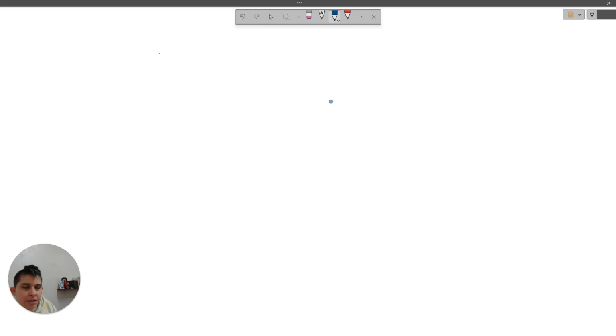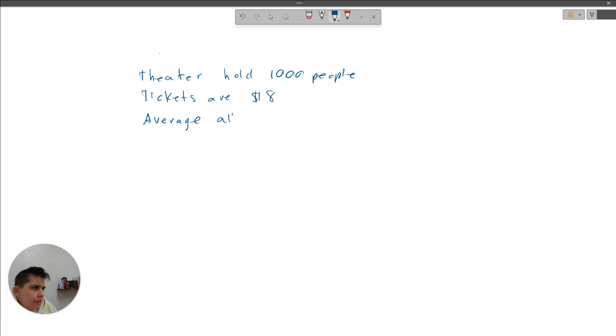So first of all, determining price. This is a basic Algebra 2 problem. So let's say there is a theater that can hold 1,000 people. So that's maximum. Tickets are going to be $8. And the attendance lately, so the average attendance